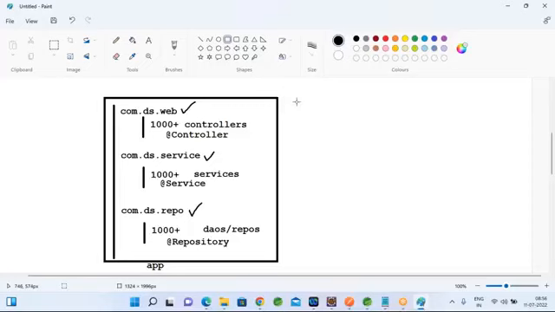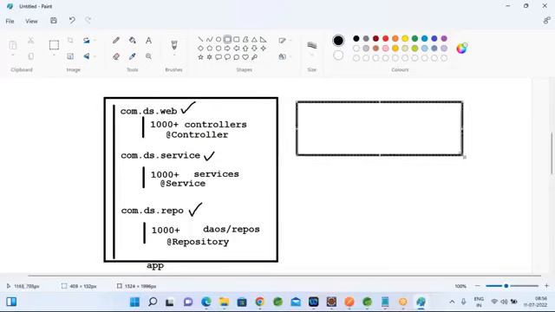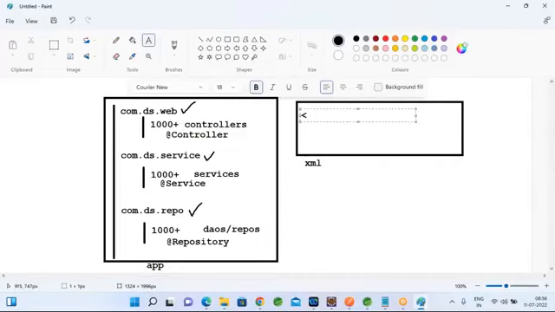So what you need to do is scan these packages through a configuration. In your Spring XML file, there is a namespace called context, and a tag called component-scan. Here we give the package names. So what are all the packages we need to scan? com.ds.web,